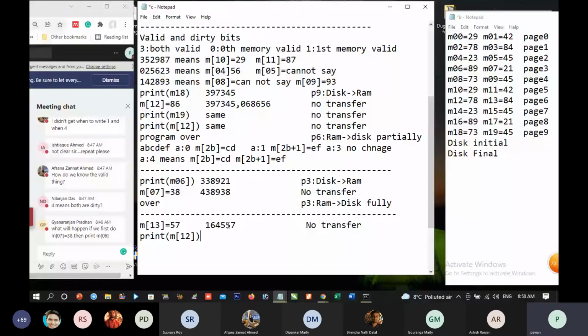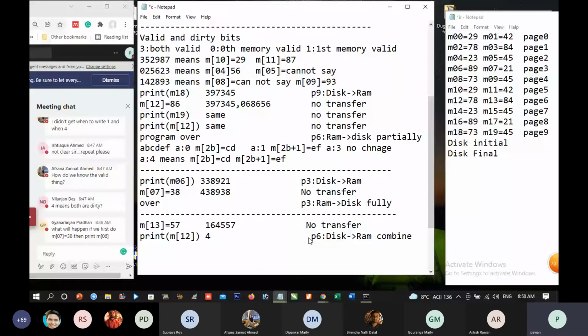Hence, we transfer P6 from disk to RAM and combine. So we shall write it for page 6.